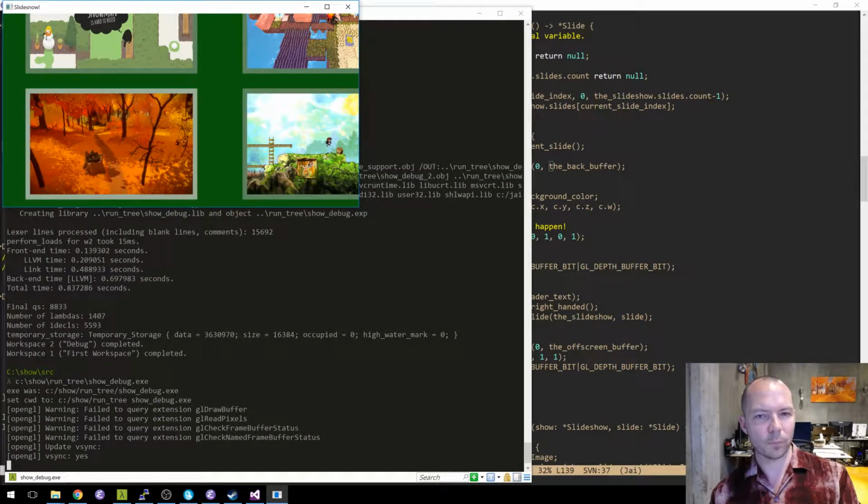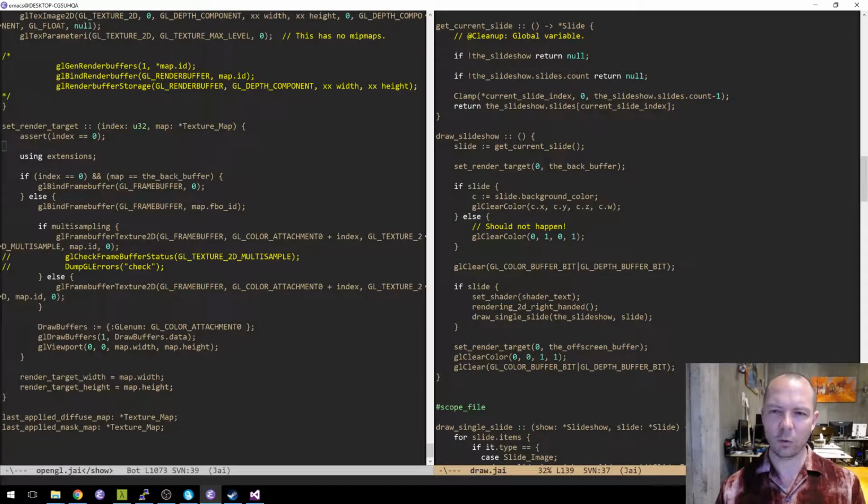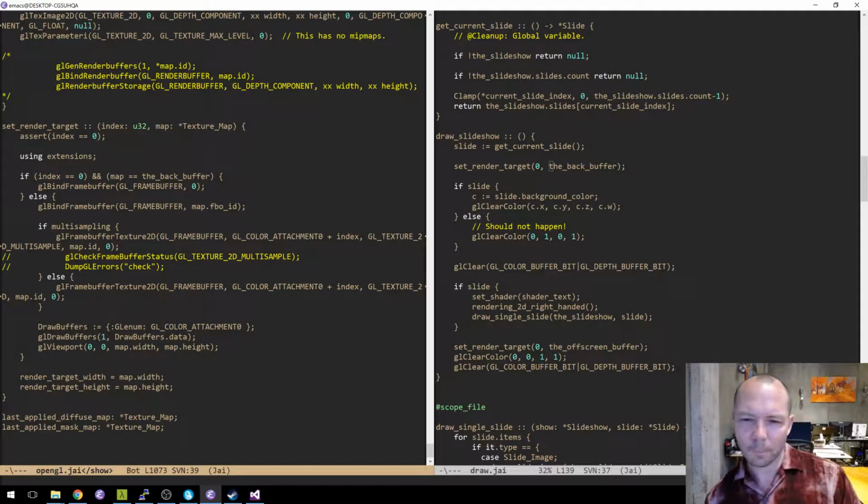Okay. So now what's happening is I'm setting the render target, and when we call that, it's setting back buffer width and height, and then when we restore it, we're not setting back buffer width and height back to what they should be. Or render target width. Something weird is going on.